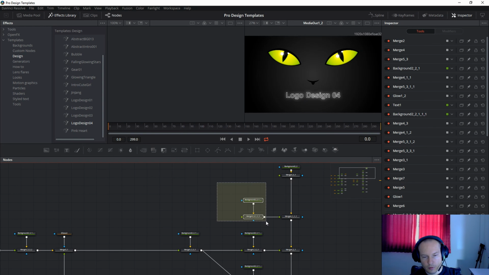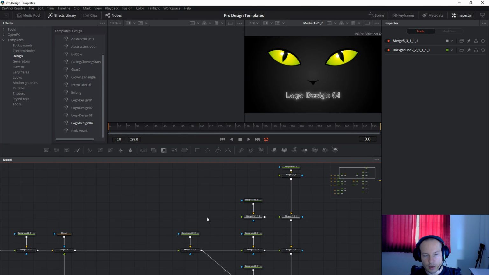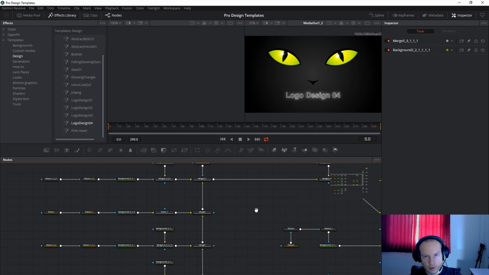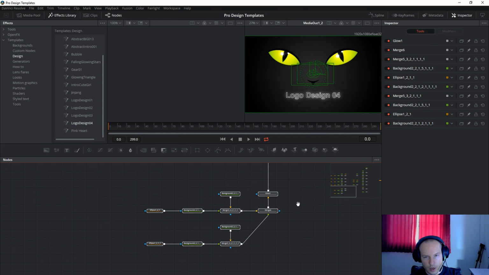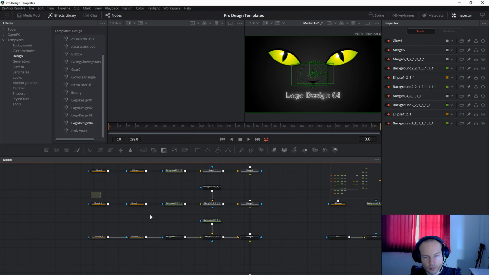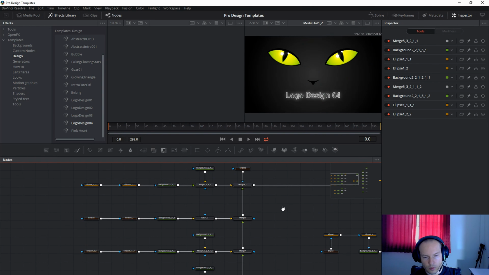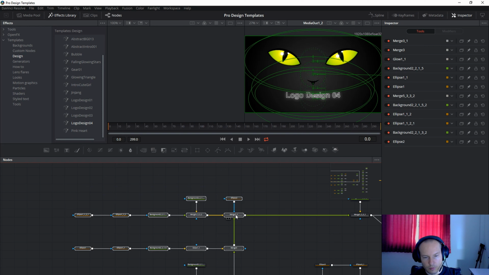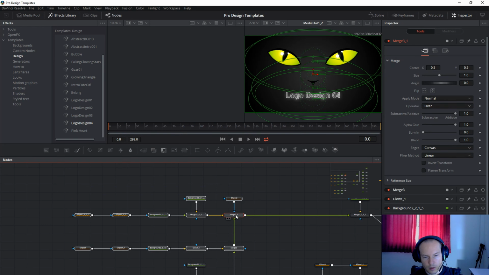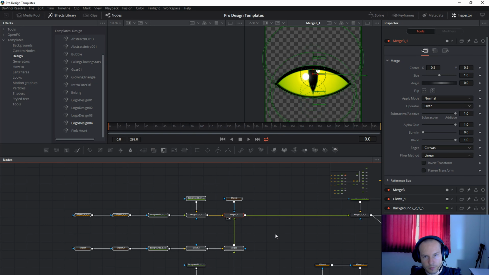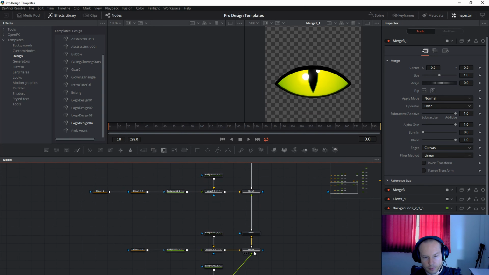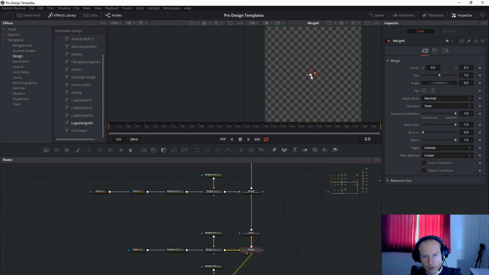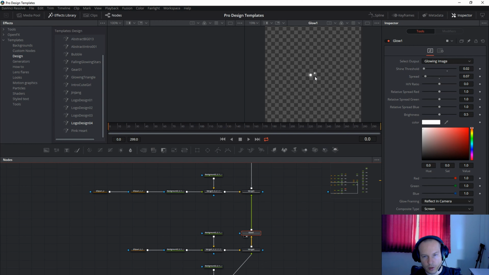The first node here, as usual, is for adding something. The next one is the eyes. These are the eyes. When you click here and press 2 on the keyboard, it will show you the eye. The first one is for reflection. I added glow, so it just has a